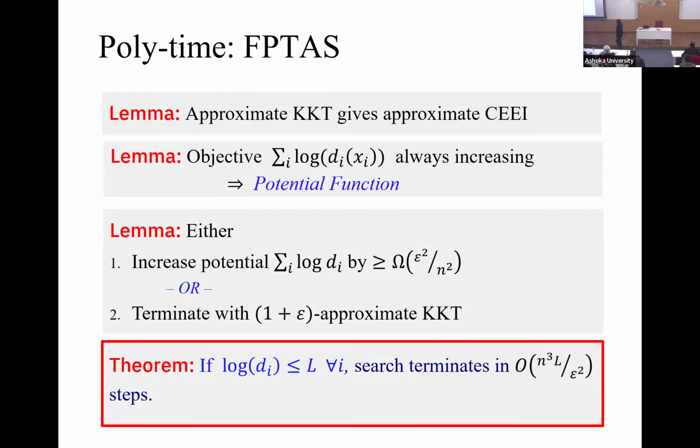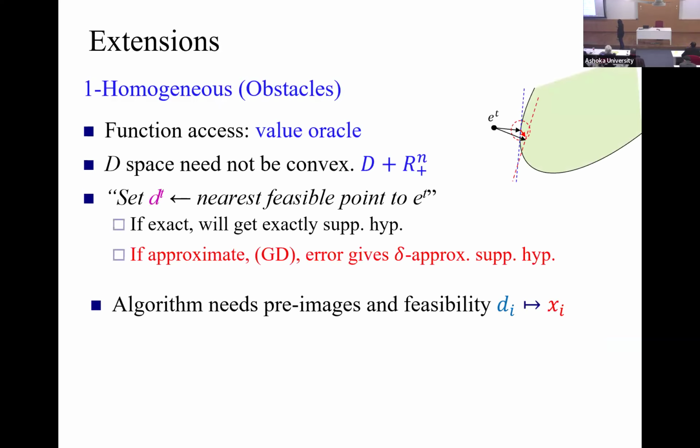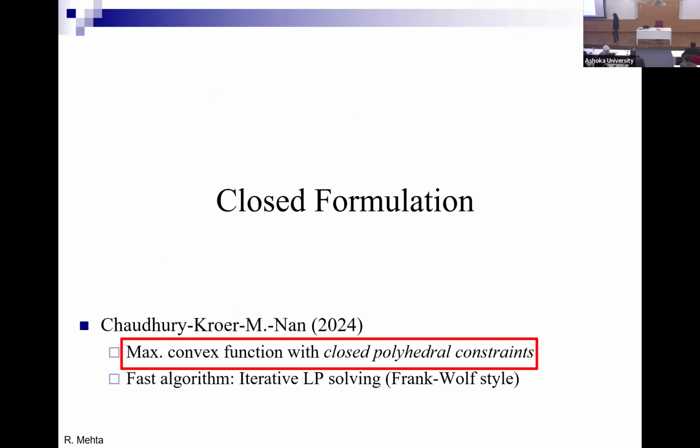And so this is it. Basically, that's essentially the heart of the proof. And we have extension to the homogeneous. And so I want to end with general homogeneous functions, and to mix manner. I wanted to show trickiness in those two things.